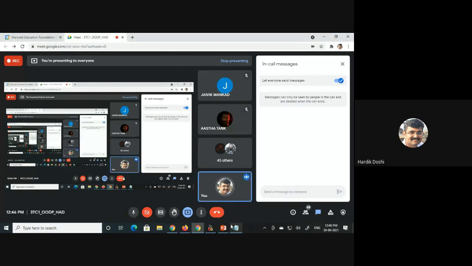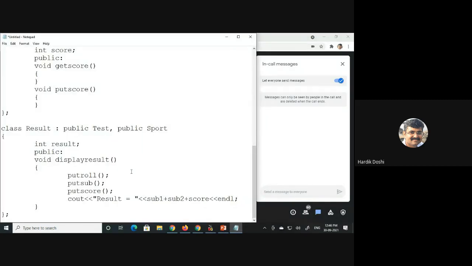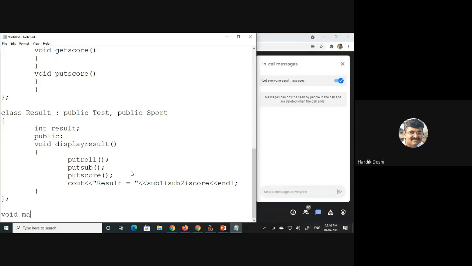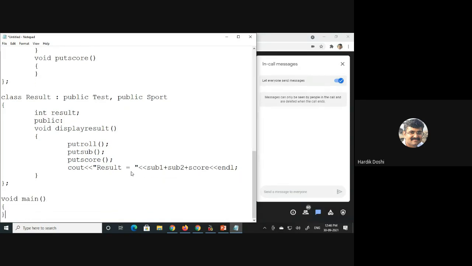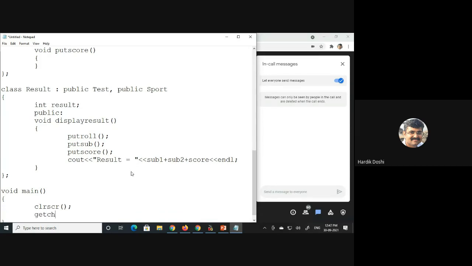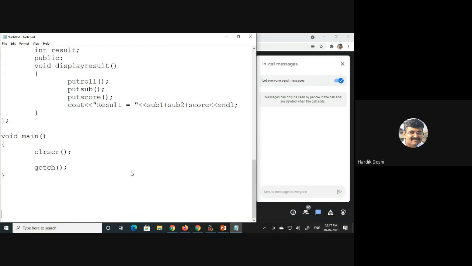So now we need to demonstrate this class, and demonstration always occurs using void main. So you tell me, what should I write in void main? Result R1, or let's say some student, R1.